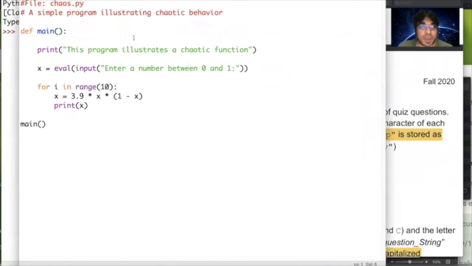So now that we have the chaos.py file written out in advance, let's first give it a whirl. Let's run it. Okay, let's do run module.